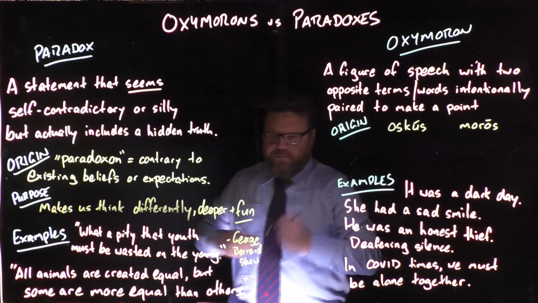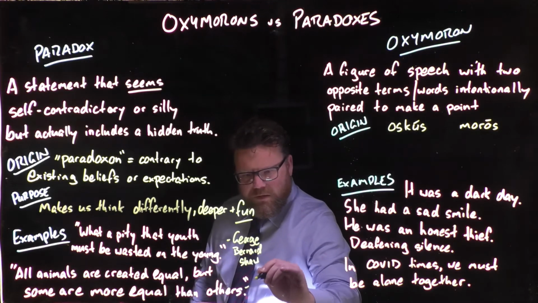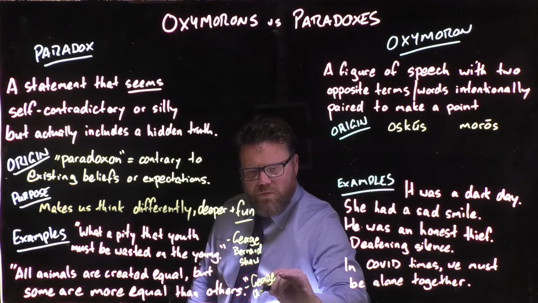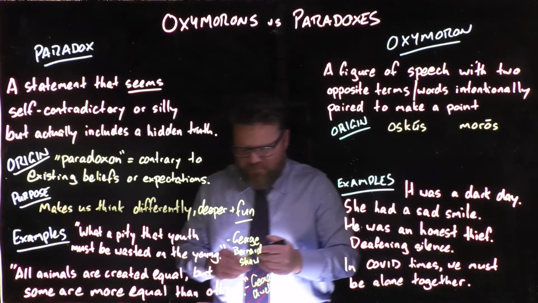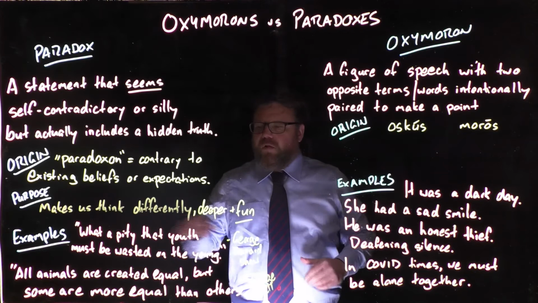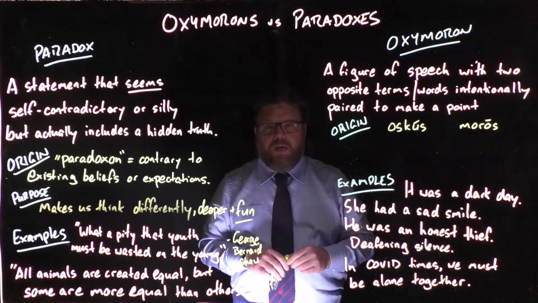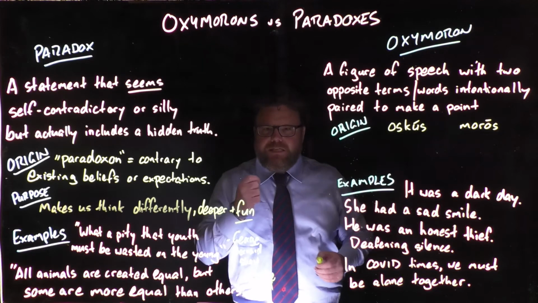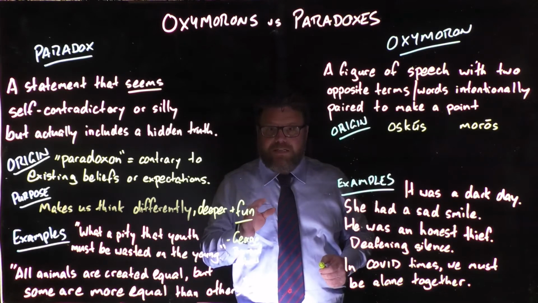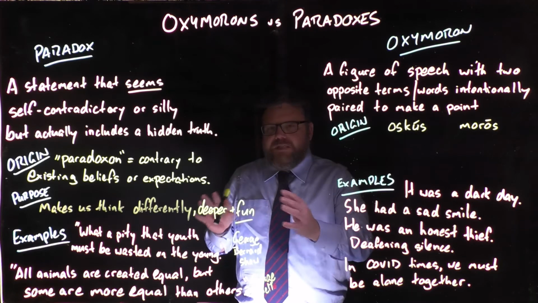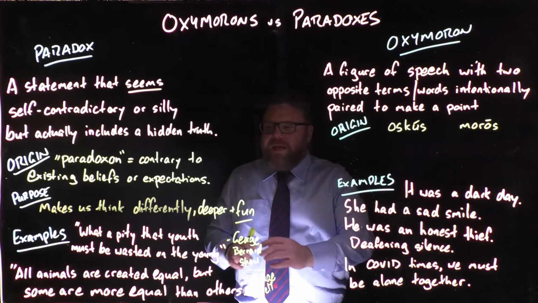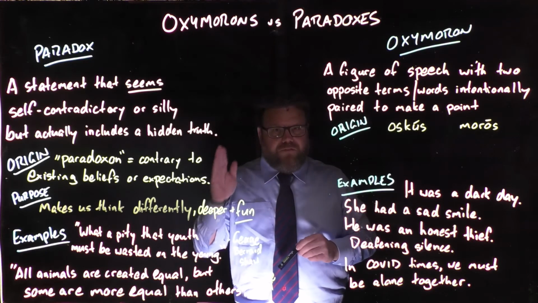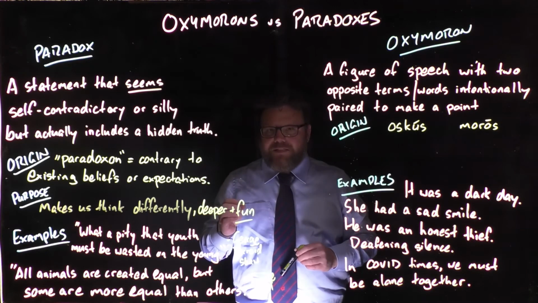And then this next one is from Animal Farm by George Orwell, where the pigs on the farm state that "all animals are created equal, but some are more equal than others." Again, on the face of it, it doesn't seem to make sense. But it is expressing an idea, and that idea is that even though you might have a system of government, like communism, that states officially all animals are created equal, and that's the official line, then the reality, when you